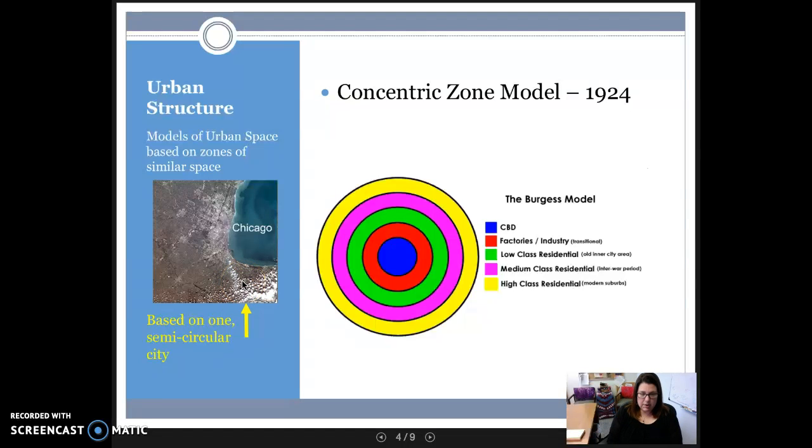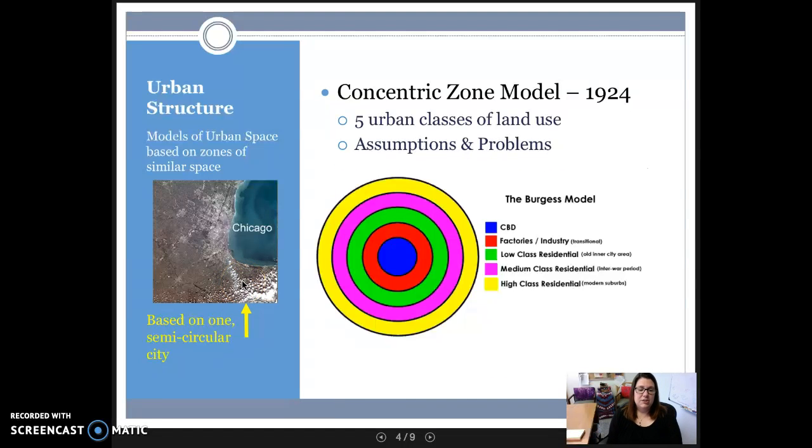So Burgess came up with 5 classes of land use. The CBD, which is in the center of the city, it's considered the core. It has many different types of activities happening here. We have commercial, business, office space, we have residential, we have entertainment, we have green space, right? All sorts of different types of activities happen in the CBD. The next